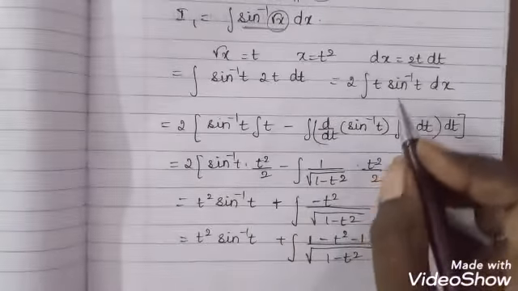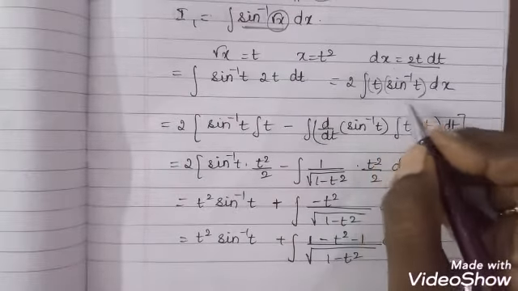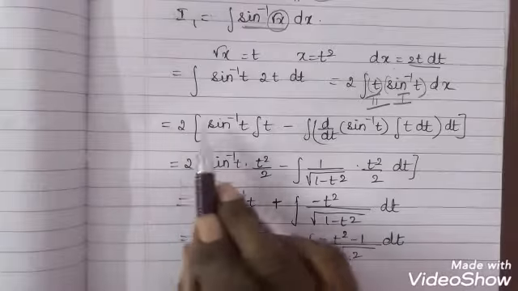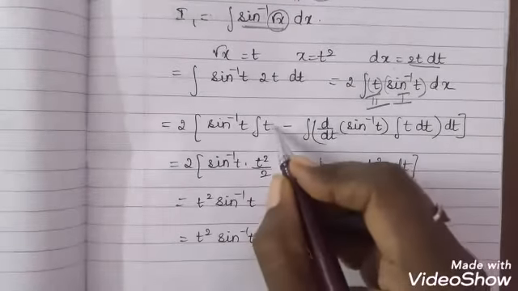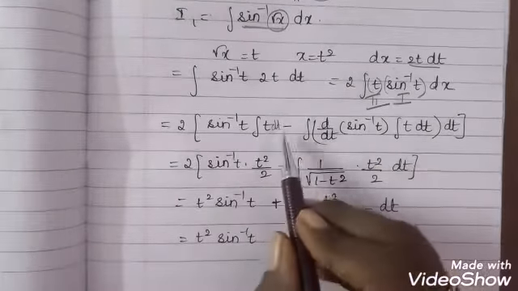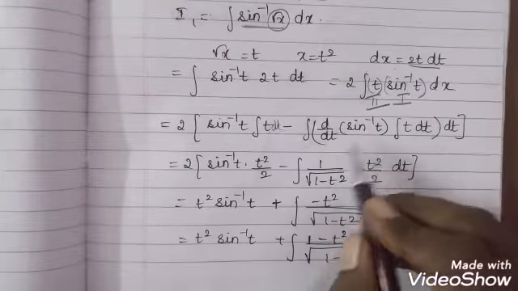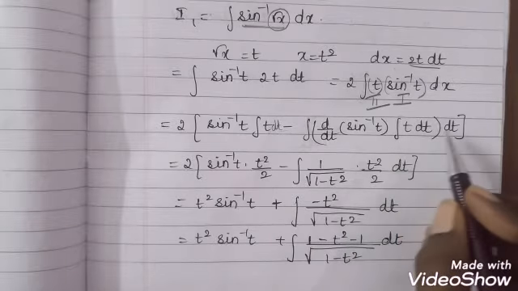So here, what is the method? I'll have to integrate it by parts actually here. So when I take it by parts, this is your first one and this is the second one. You get 2 into, what will I get? Sine inverse of t into integration of the second one, that is t dt, minus integral of differentiation of the first one, d by dt of sine inverse of t into integral of the second one, t dt, the whole